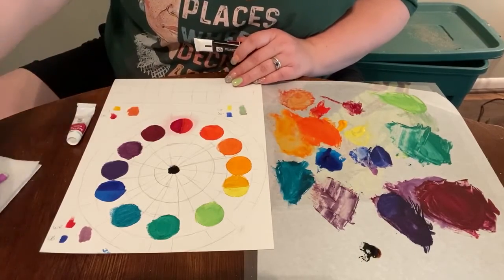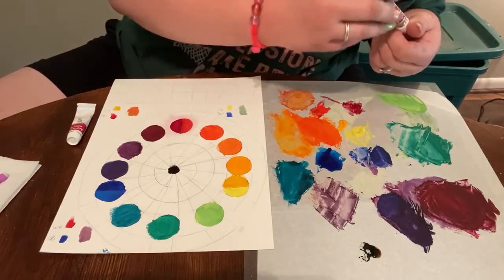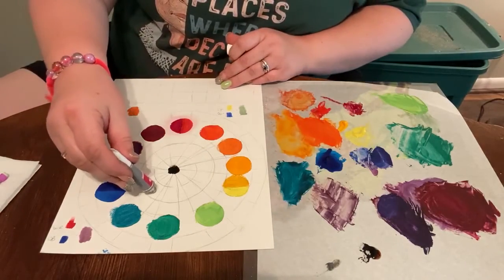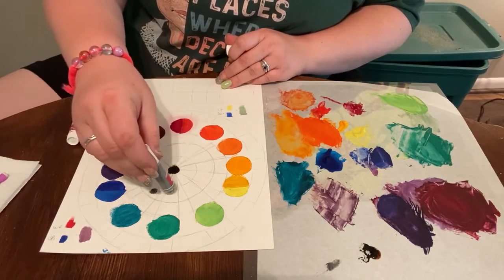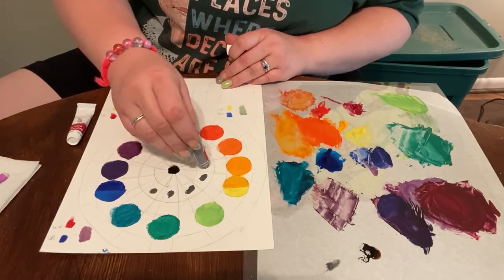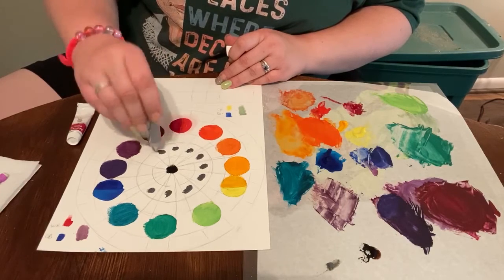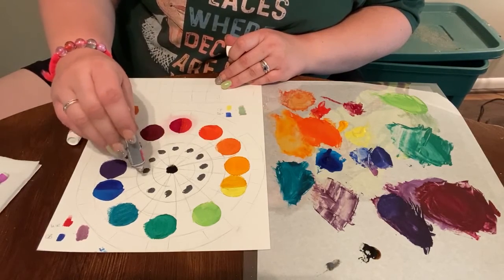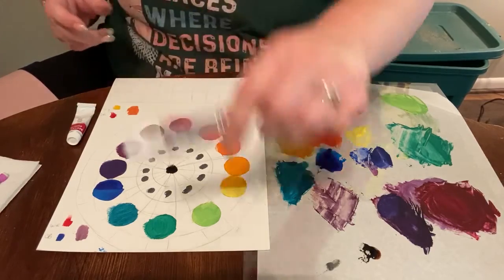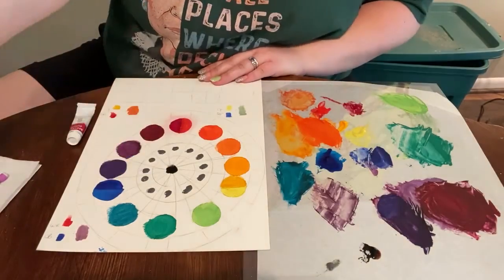And then what we're going to do is I'm going to just use straight gray. Obviously you can make your own gray by mixing black and white together, but I'm going to use the straight gray paint to save me some time, and I'm going to do what I told you all not to do and mix it with my brush. Stina's going crazy. All right, so in this one,